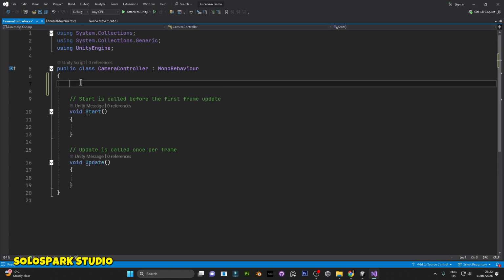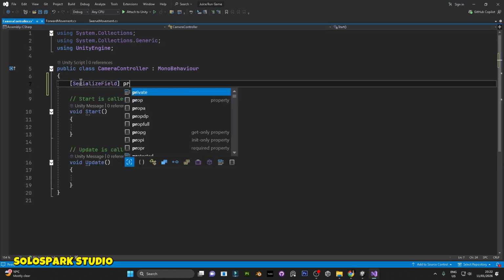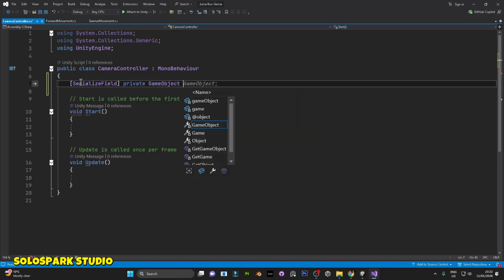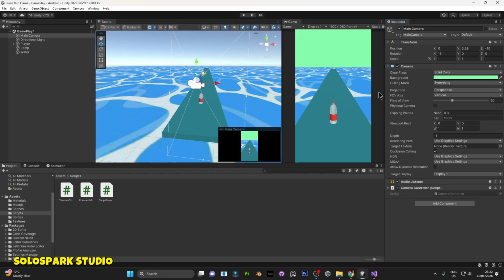In this script, first of all, we're going to create a variable for our player, name it target, that's going to be our player, and then an offset, like private Vector3 offset. The offset will be responsible for our camera position, like now it's 0, 3.3 and -10, so we will put that